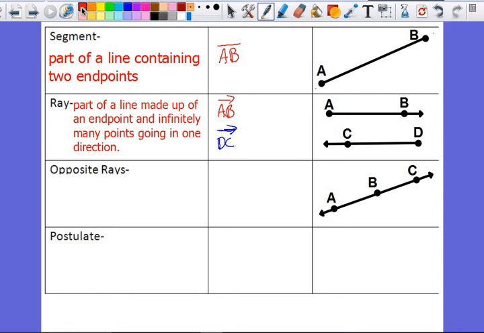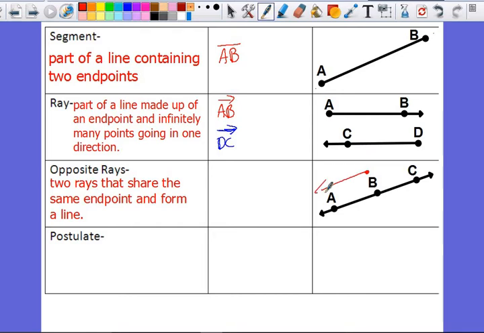Next up, we have opposite rays. Opposite rays are when you have two rays that share the same endpoint and form a line. So you'll see essentially we have a line here over here to the right with 3 points. The two opposite rays will be the rays that go in opposite directions. So you have one ray that goes to the left, but then you also have one ray that goes to the right. And we have to use both of those to be considered opposite rays, but they share that same